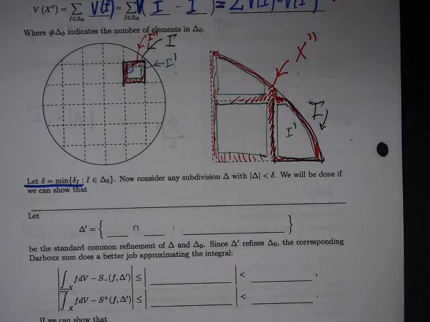For every epsilon bigger than 0, there exists a delta bigger than 0 such that for every subdivision capital delta of x, if the fineness of that subdivision, the mesh size, is less than delta, then